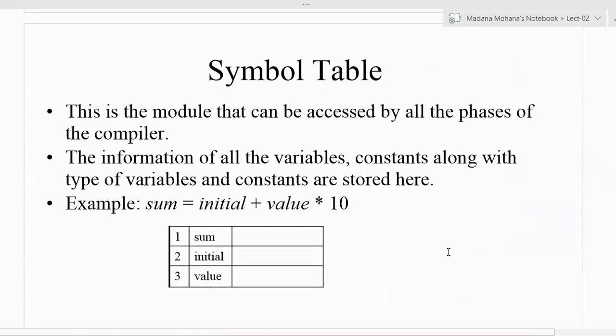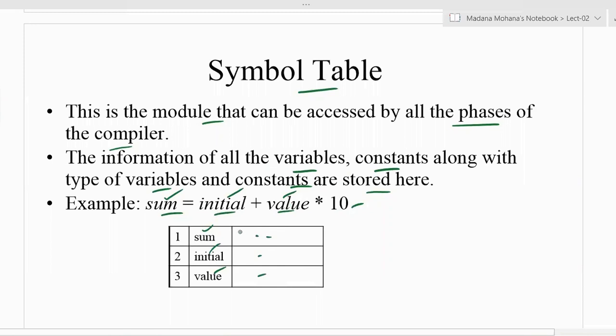Then here, in addition to the 6 phases, a symbol table is also included. Already mentioned what is the role of the symbol table. This is the module that can be accessed by all the phases of the compiler. The information of all the variables and constants, along with the types of variables and constants, are stored here. For example, let us take the source string sum equal to initial plus value into 10. Here the variables are identified as sum, initial, value, and are stored here along with their type also.